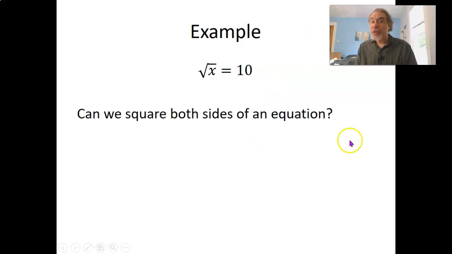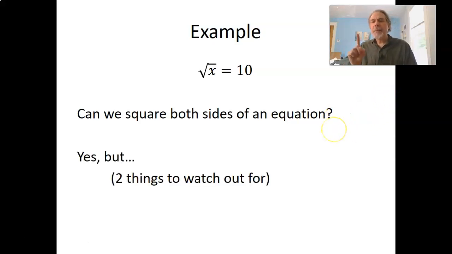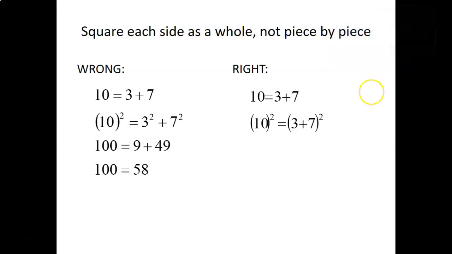But are we allowed to do that? Can we square both sides of an equation? Well, yes, but there's two things to watch out for. Two warnings that go along with squaring both sides. First of all, you can square both sides altogether. The entire left side squared equals the entire right side squared,